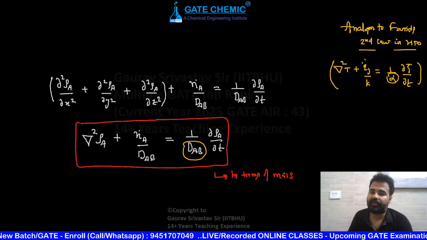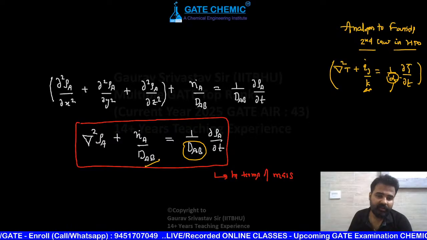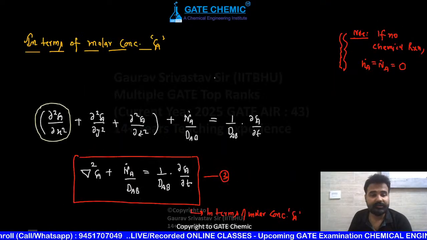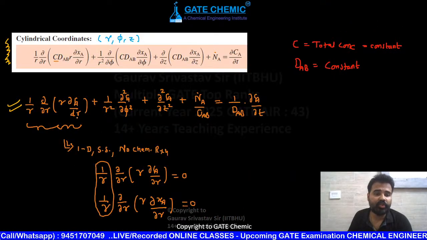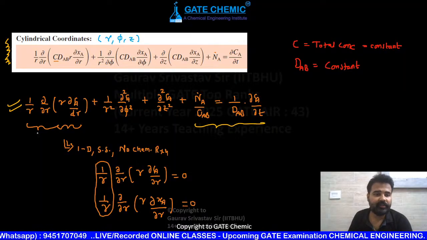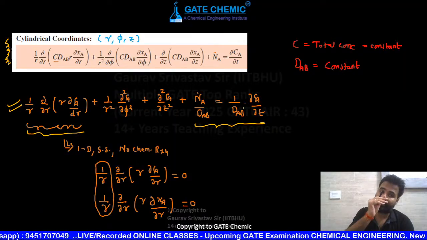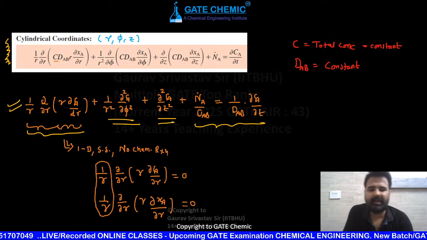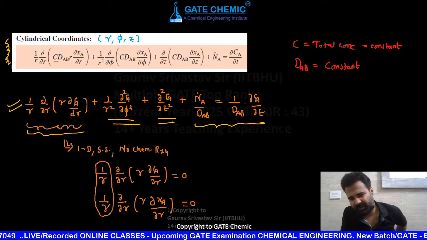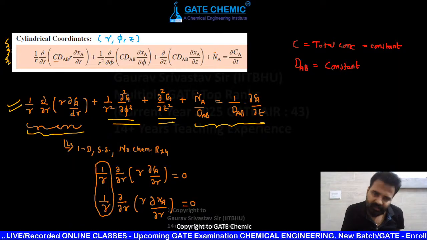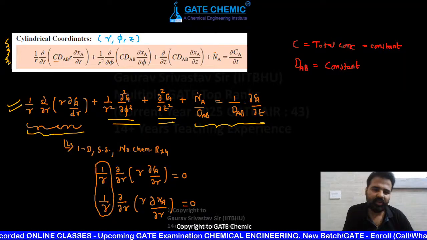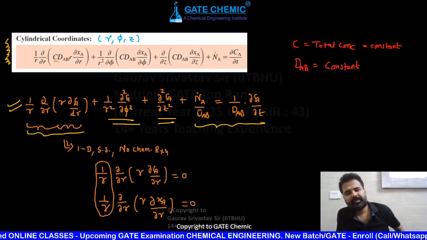And analogous in nature. This term is also there, but here alpha and K different. But here DAB, DAB same. So you need to remember at least this part, this and this. इतना आपको इसका मिनिमम याद रखना है. एंड इफ यू कैन रिमेंबर दिस वन, दिस इज ऑल्सो ईजी एक्चुअली. आपने हीट में पढ़ाई होगा तो सिमिलर टाइप का है, कुछ अलग नहीं है. फोरियर्स लॉ ऑफ हीट कंडक्शन को जैसे एक्सपेंड करते हो, सो चाहो तो रिमेंबर कर सकते हो. अगर हम देखते 2 महीने 3 महीने के दौरान तो हम तो रिमेंबर कर लेते हैं. बट अगर आपकी दिमाग की कैपेसिटी थोड़ी कम है तो इसको भी कर सकते हो. ओके,